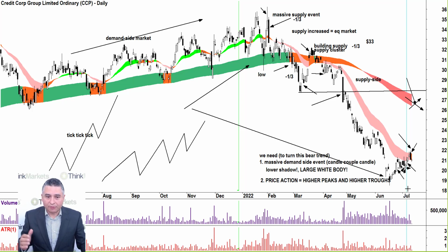That's the problem for me. And with this little shadow here, see that little shadow there? Telling me that there is supply in the system in and around this light pink zone. And this light pink zone, to be fair, has killed trends before. So I'd be very, very cautious in